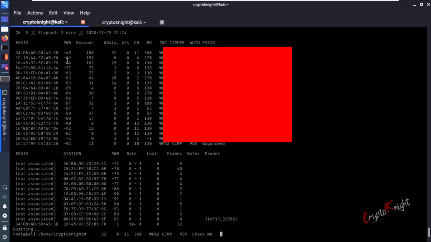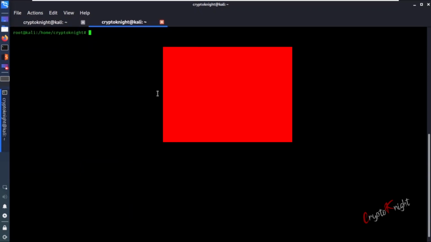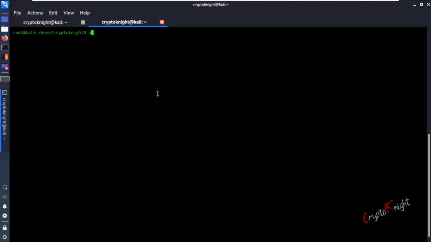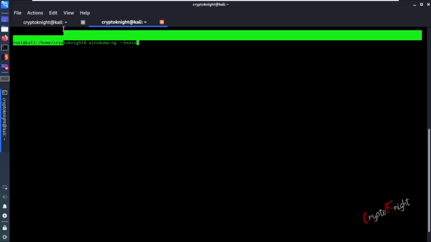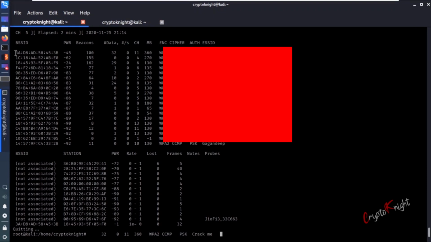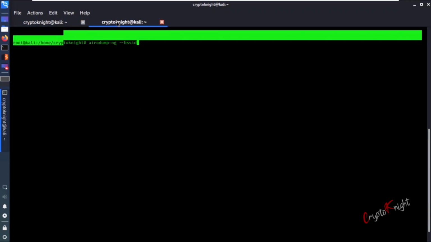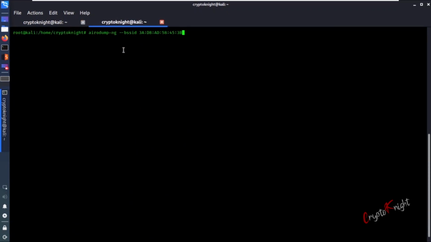We have to take the details from here, and now we will type airodump-ng, give a space, then the BSSID. We had already seen the BSSID over here, so we copy that and paste it over here. Basically we are telling which particular access point we have to attack.